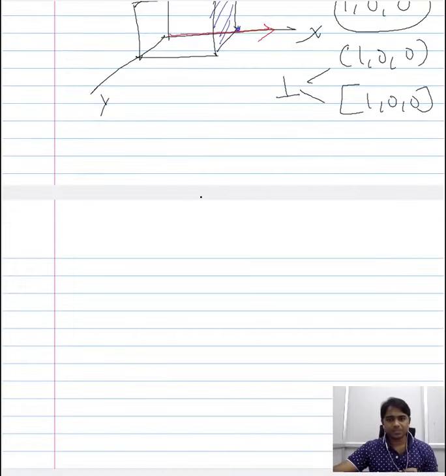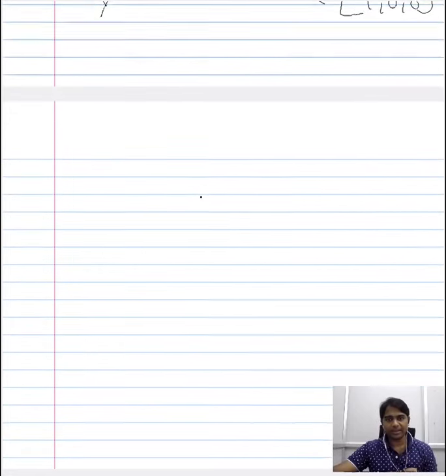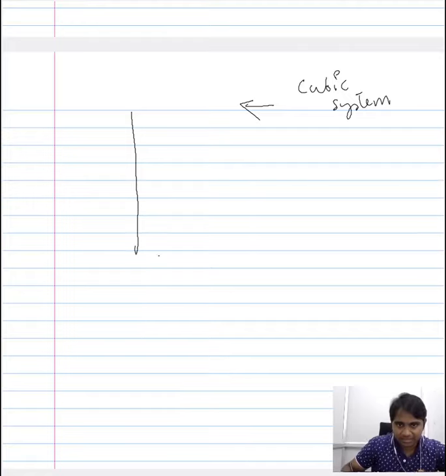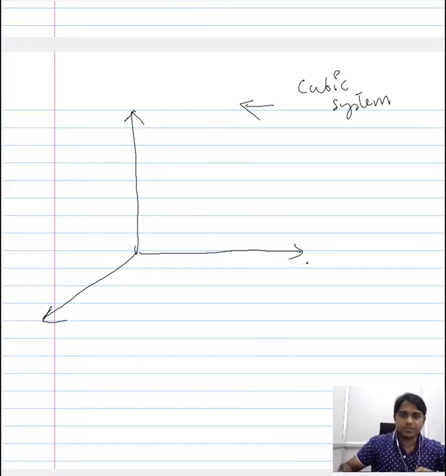Now, so far what we have been looking at is the cubic system, the cubic crystal system. Now let us move away from the cubic crystal system and see a different crystal system, which is of this form. So irrespective of whatever crystal system you take, you begin with the principal axis or the frame of reference. So we will stick to the frame of reference that we have considered. You have your x-axis here, you have your y-axis here, you have your z-axis here.